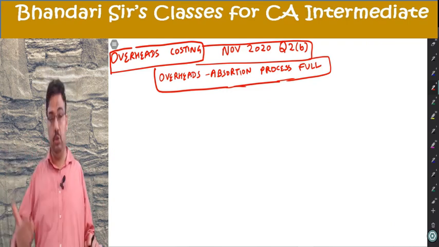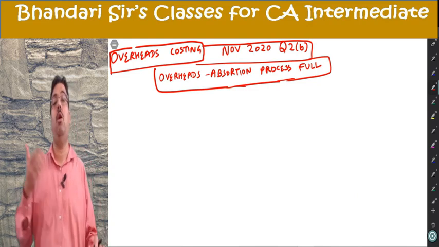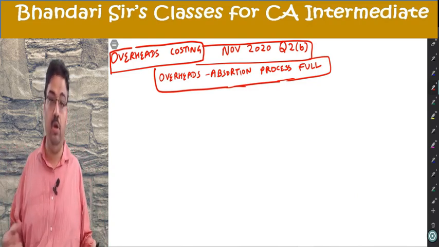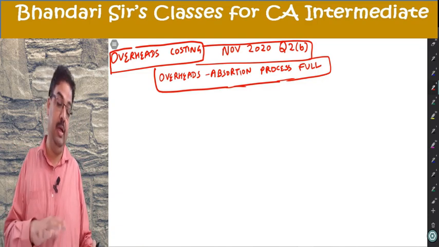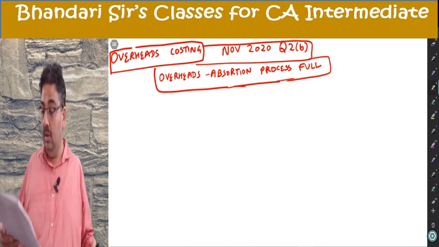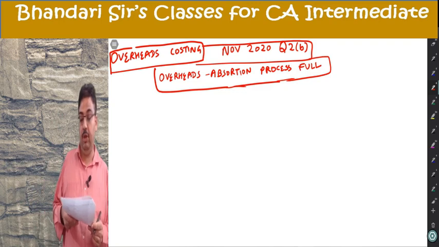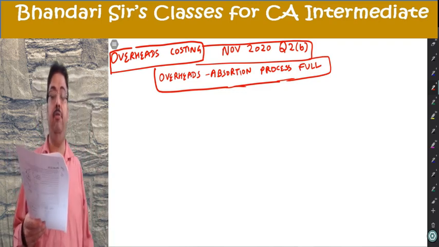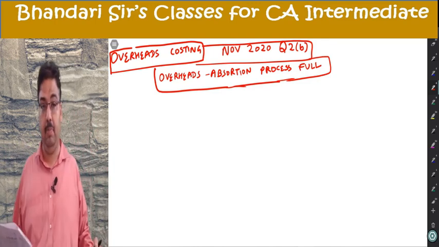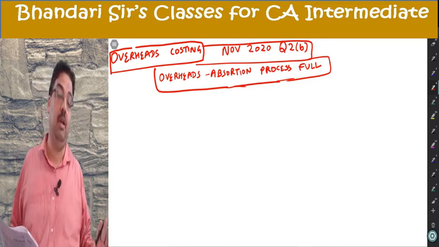I'll first read through quickly and tell you the basis of apportionment for many items, and then do all the statements in detail. You are given some basis. The first point is very important: direct wages are given for all 5 departments. The first 3 are production departments, X and Y are service departments.